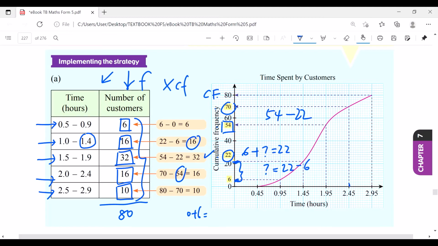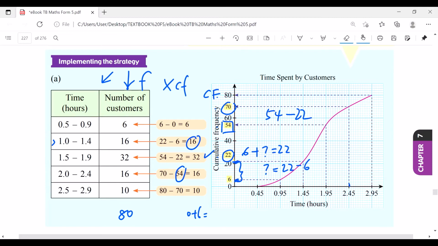Okay, so you are done with your frequency table. Yeah, to make it better, to make it clear. So this is your frequency table. Okay, next question is what? Next question is